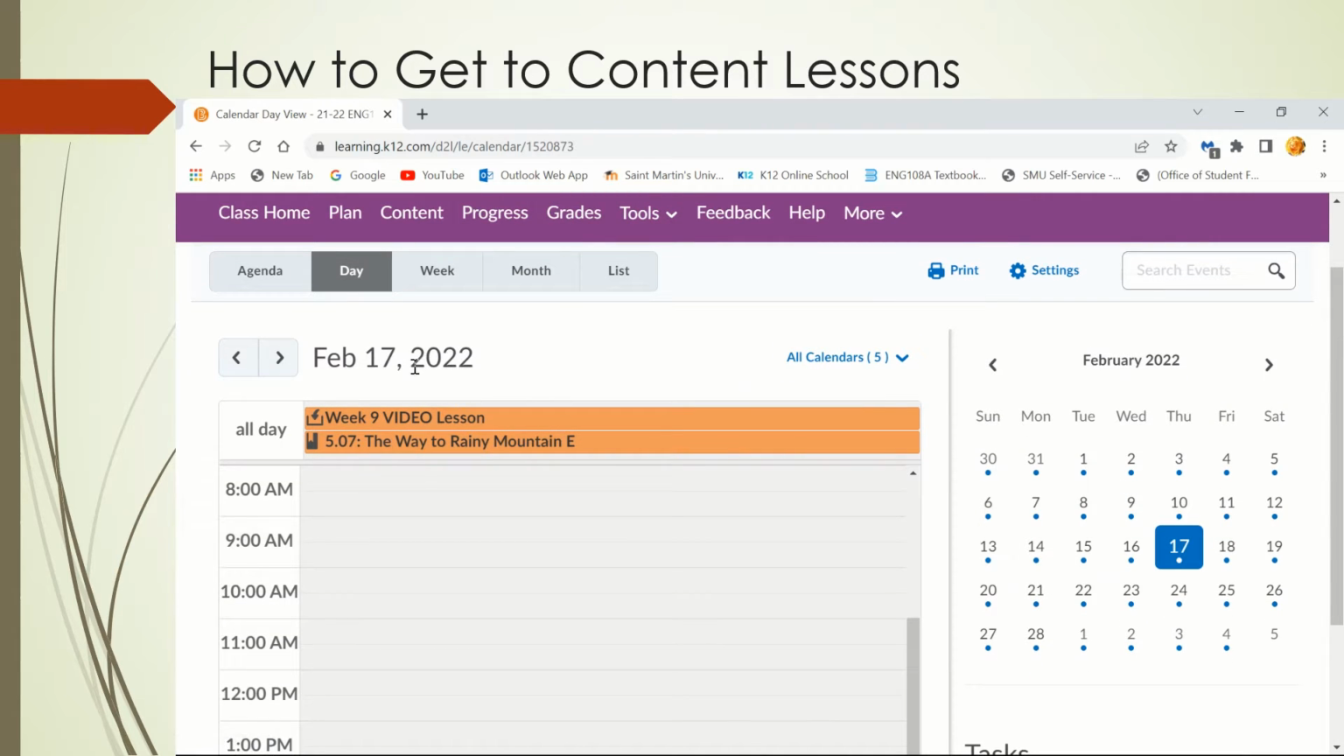So right here, see February 17th, we know we've got the Week 9 video lesson, and 5.07, The Way to Rainy Mountain E, which I forget what it is. I don't have my calendar with me right now. But it's a reading from The Way to Rainy Mountain and a content lesson from that. So say I click on